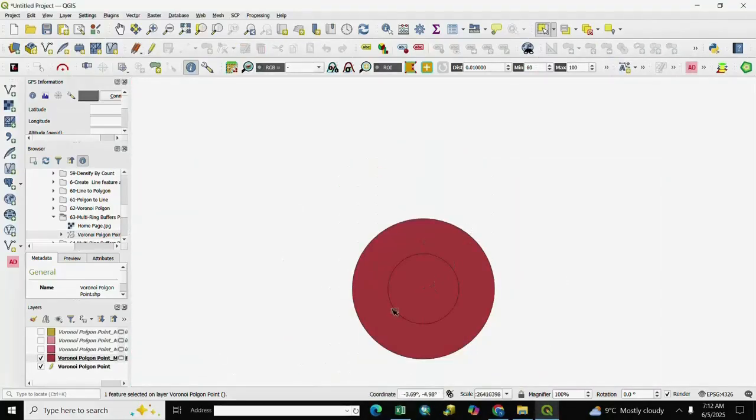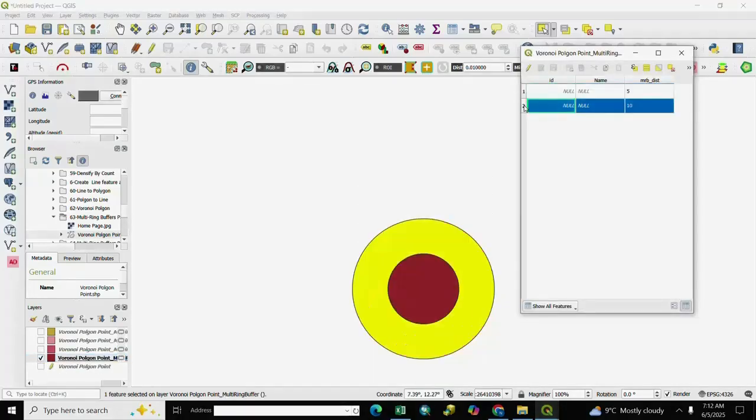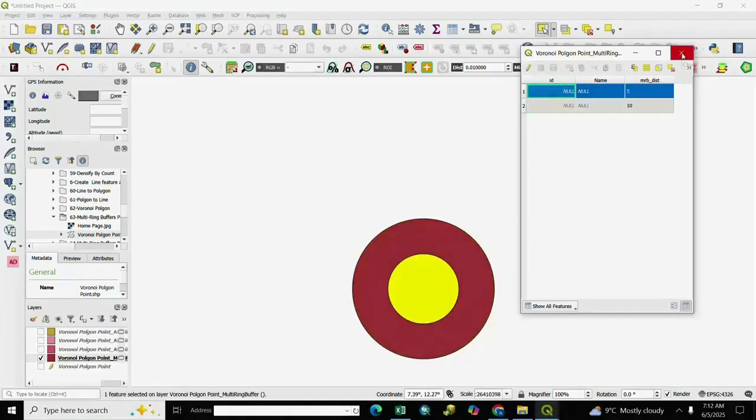You see here only the selected feature ring is created.